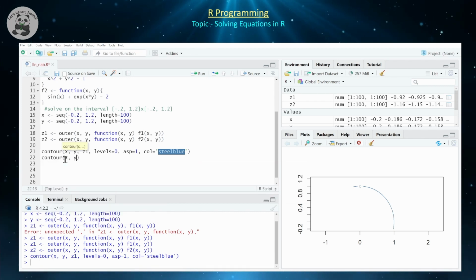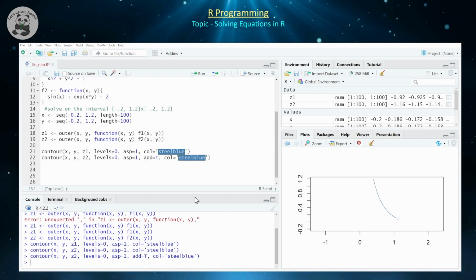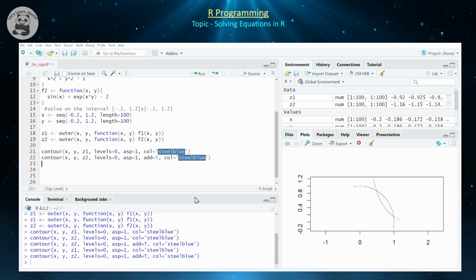So contour, x, y, and z2. Levels is equal to 0, aspect ratio the same as above, and then we're going to do this also in steel blue, and we're going to have some other curve as well. Right, so notice that it doesn't show both graphs on the same exact thing, but you can easily do this with the contour by adding another command, add is equal to true, and that's going to add it to the previous contour. So if we do the circle first and then that value, it'll plot them on the same exact point,